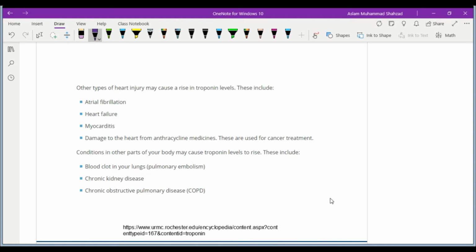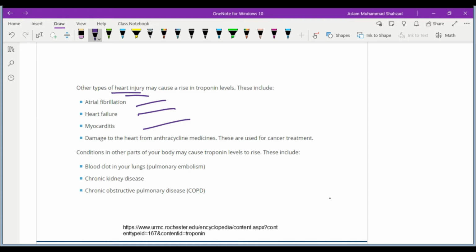diagnosis of a disease which could lead to heart disease, but the troponin level also rises in other diseases like atrial fibrillation, heart failure, and myocarditis, because what the troponin level is telling us is about the heart. There is some rupture of the cells, some cells whose function has been disrupted. It could be for various reasons, as given below.